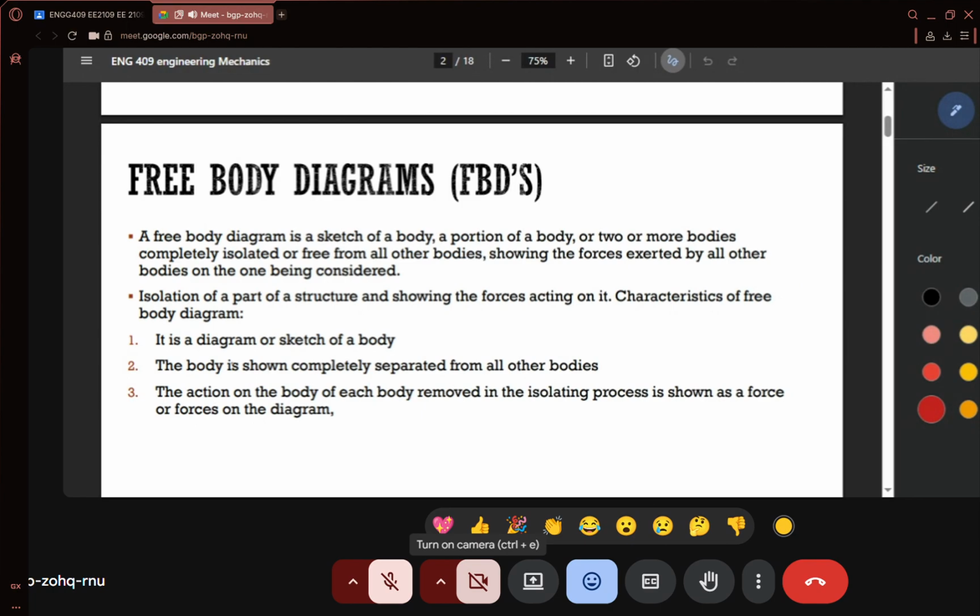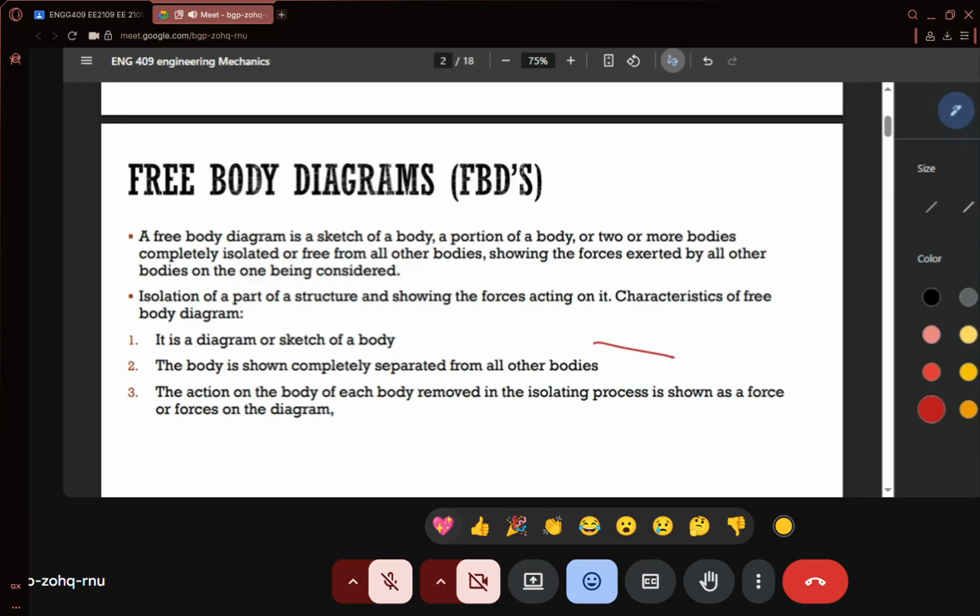Number one, it is a diagram or sketch of a body. Not necessarily do you need to copy or draw the body exactly as it is. Just a simple diagram, representation, or sketch will do. Just make sure also that the lines are straight enough, like this one. That's a sample of a straight line. No ruler used. I hope you have some straightening element when you're drawing, so that you don't get confused, and also me when I'm checking. Please don't make it hard for me.